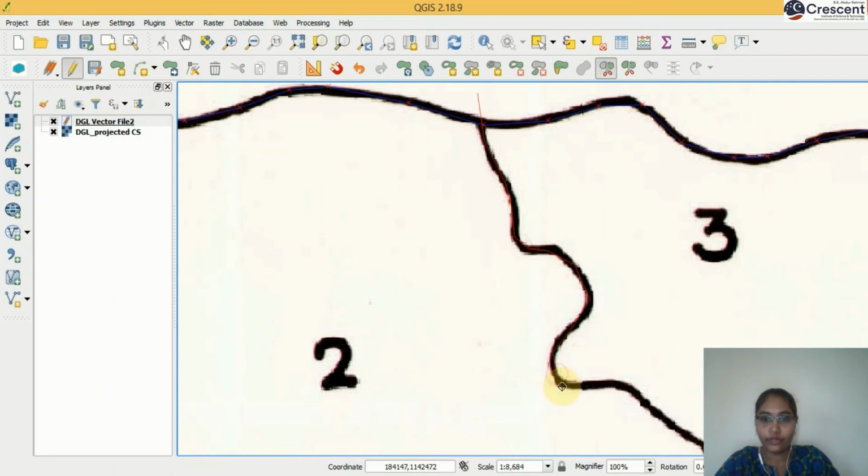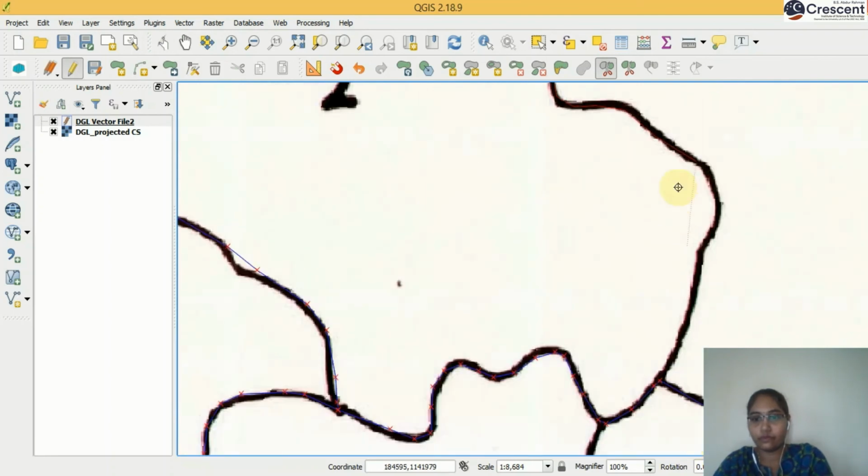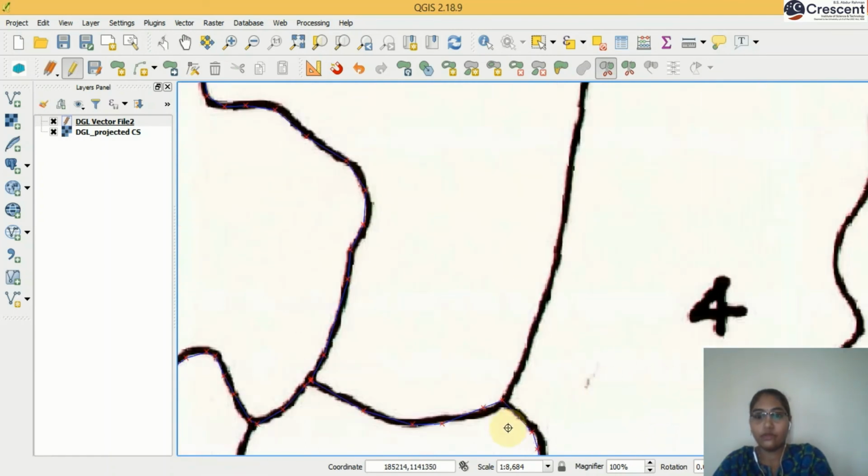Now I am going to split the other polygons too. Now, next polygon.